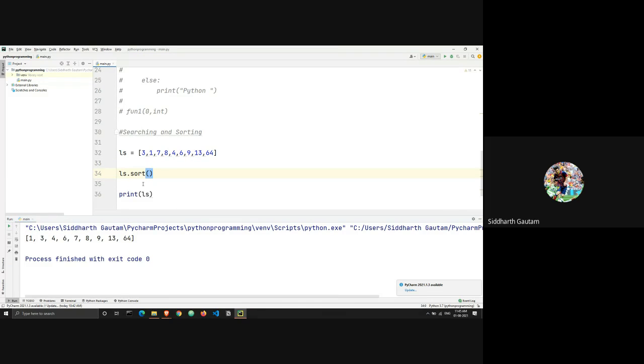And if you want to use it in a descending order, you will just write reverse is equal to true. And let's just print this. And the list gets printed in a descending order, which means the highest value is in the starting of the list and the lowest value is in the end of the list. Okay. So we're done with sorting. Sorting ends here. But the problem is that you don't know how it is being sorted, right?